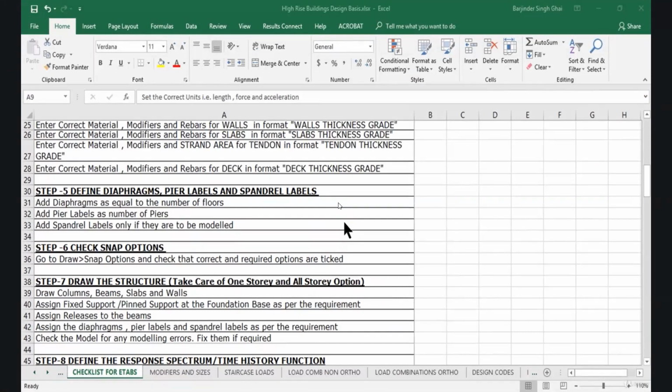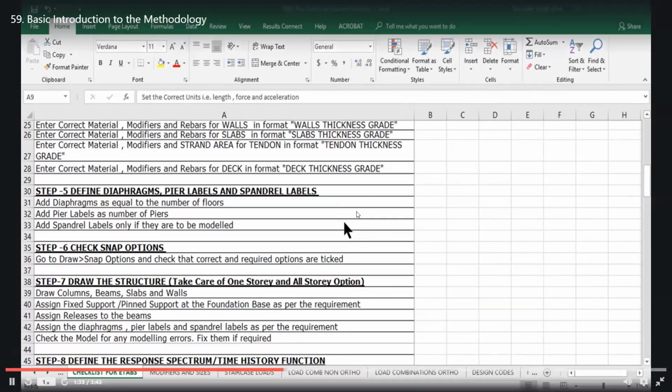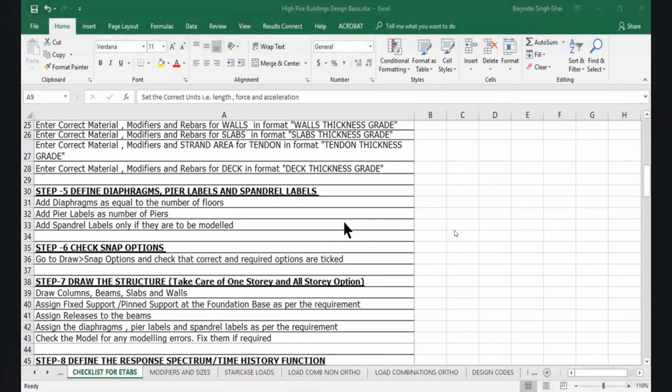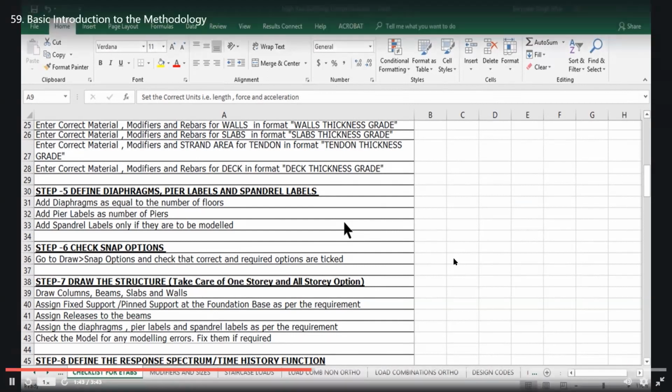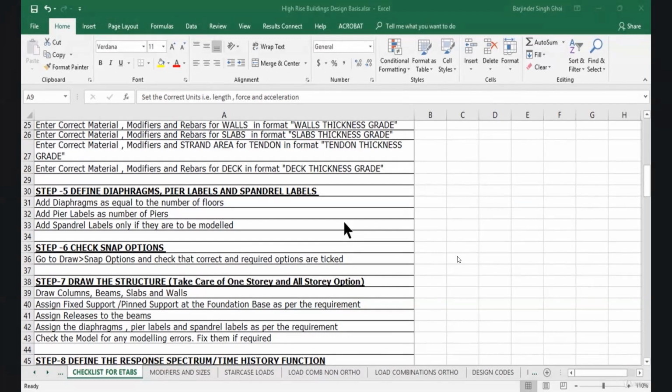While modeling in ETABS, it is very important to model it correctly. And to model it correctly, it is very essential to select the correct snapping options. Step 7 shall be to draw the structure. And while drawing the structure, we draw columns, beams, slabs, we assign supports, we